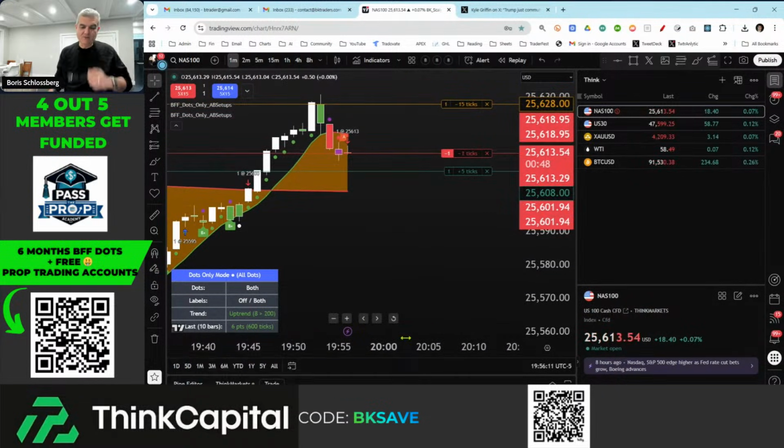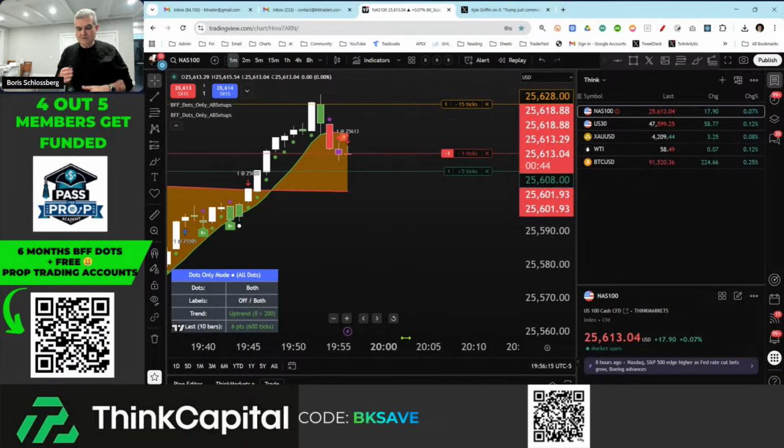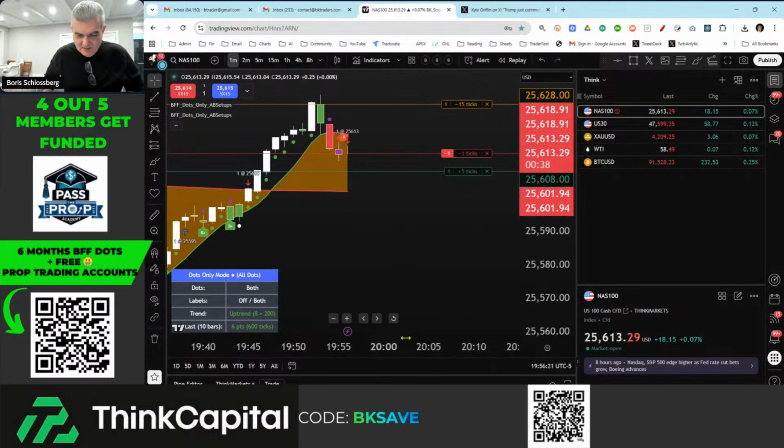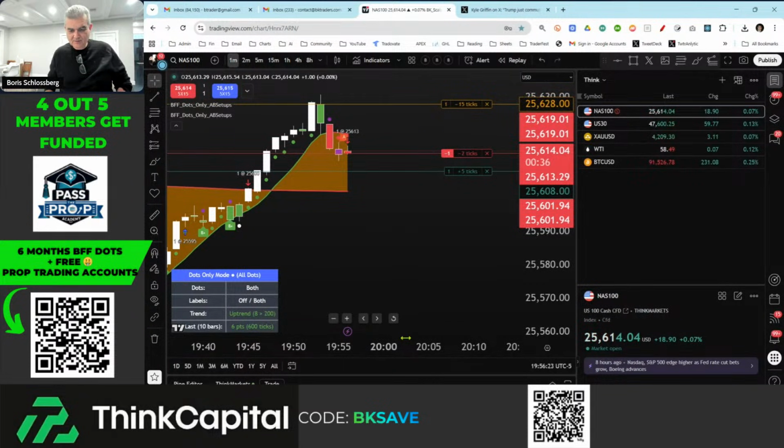Because remember, most of Asia, it's going to be churning from the upper end to the lower end. So it's not a horrible trade here. Counter trend, but in Asia, that's pretty much what happens. You trade the highs to the lows all day long.